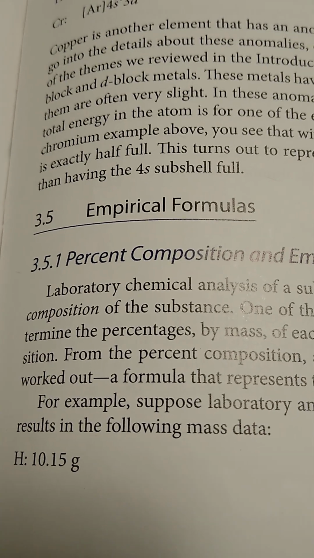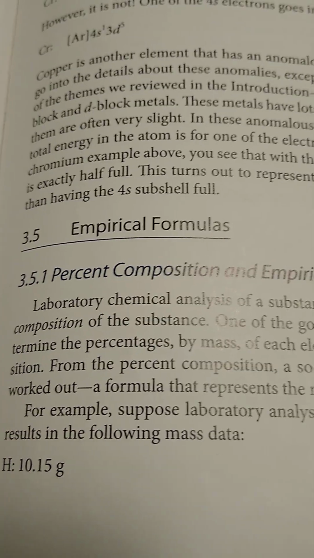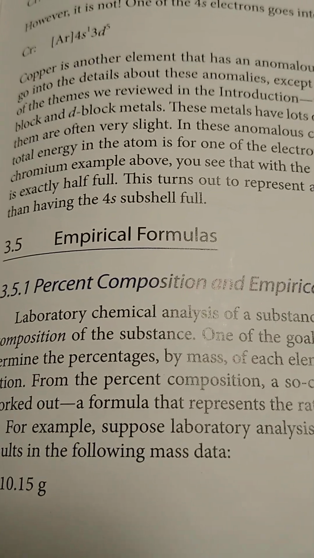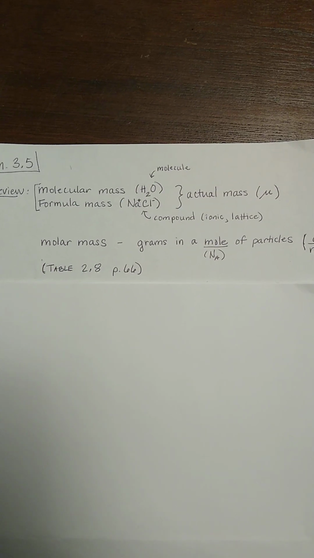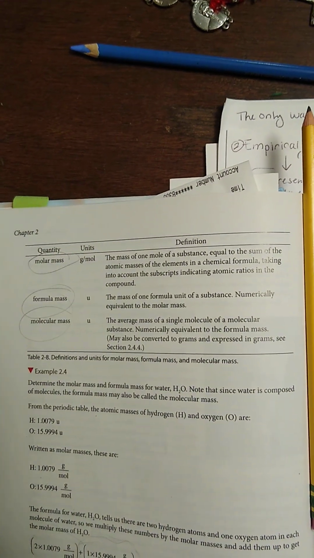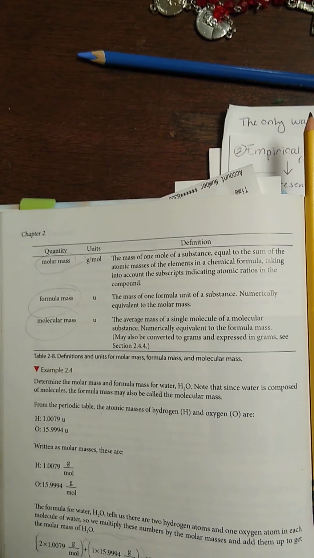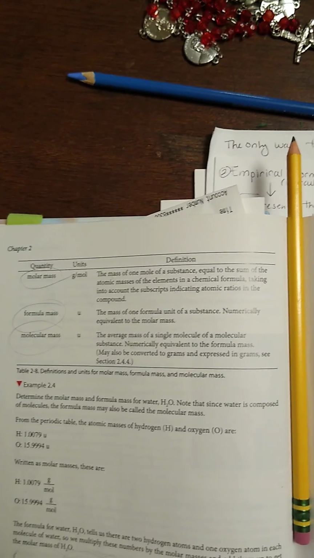Okay, section 3.5. We're going to be talking about some new terms, empirical formulas, percent composition. But before we do that, we need to review a few things. Okay, remember table 2.8 on page 66. It's right here. It's the one that numerically equated three things: the molar mass, the formula mass, and the molecular